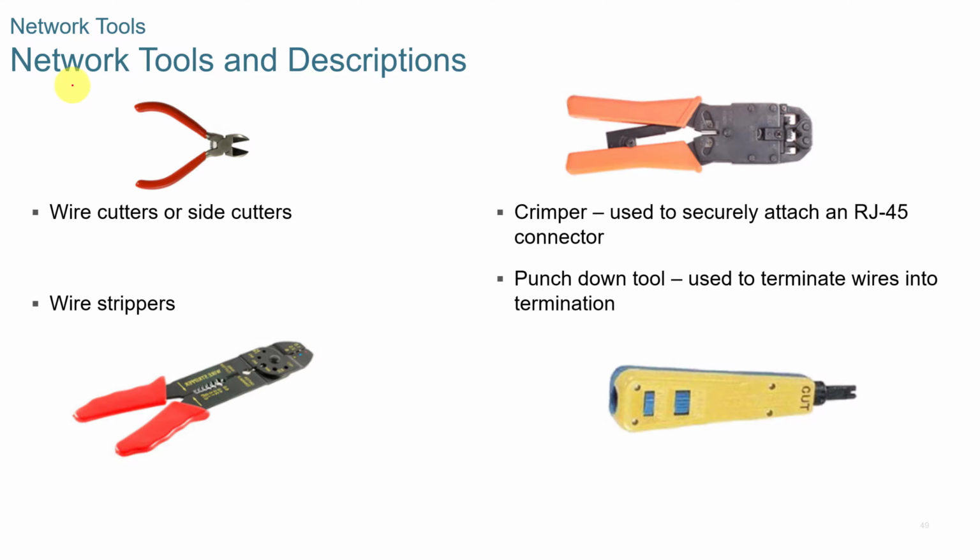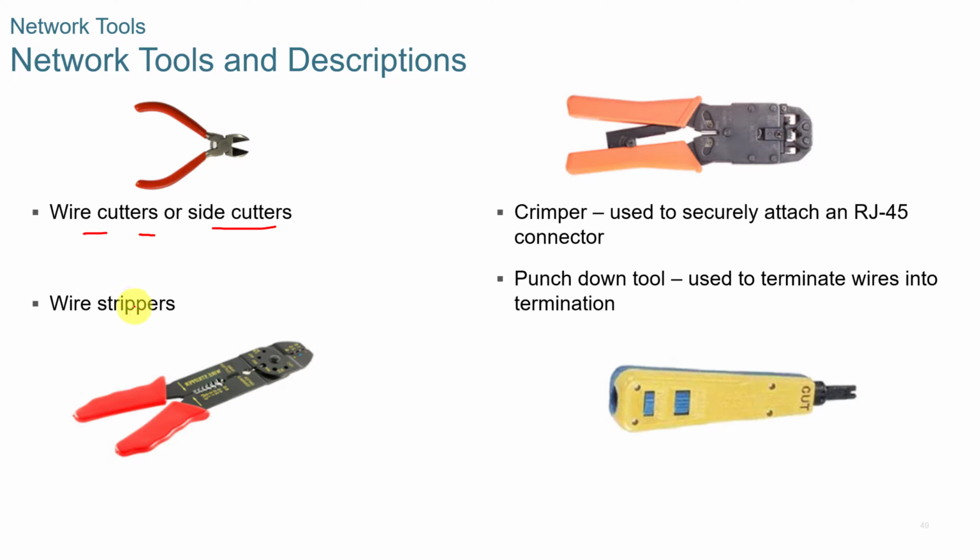5.4, network cables. You're going to come across different tools in the networking side. You might have wire cutters or side cutters. If you work in networking, you're going to build a little tool kit, either a tool bag. I have a little tool bag where I have my different devices. I took a fishing tackle box and converted it into my networking toolbox. And so I have my wire cutters, my crimpers, my punch down tool, my connectors, things like that can all fit in there.